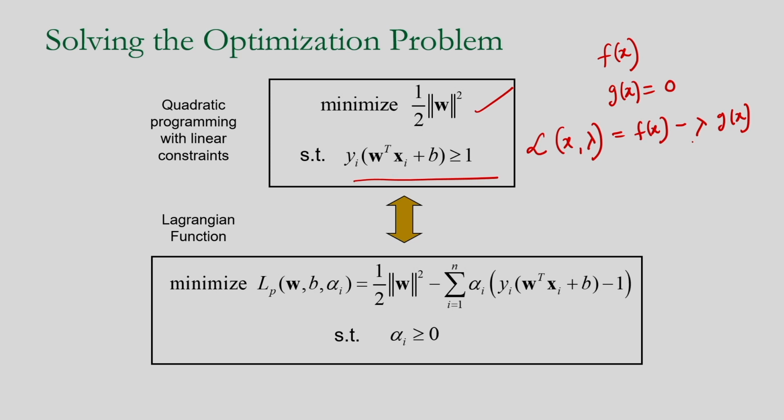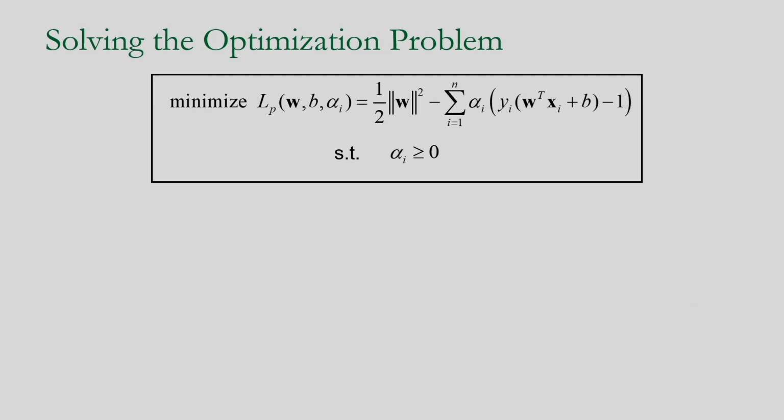So how to do the optimization by considering the Lagrange's function. This is the Lagrange's function, and I have to minimize this one. Alpha i is the Lagrange's multiplier. So again I am writing this: I have to minimize this function, the Lagrangian function, subject to the condition that alpha i should be greater than or equal to 0. So alpha i is the Lagrangian multiplier.